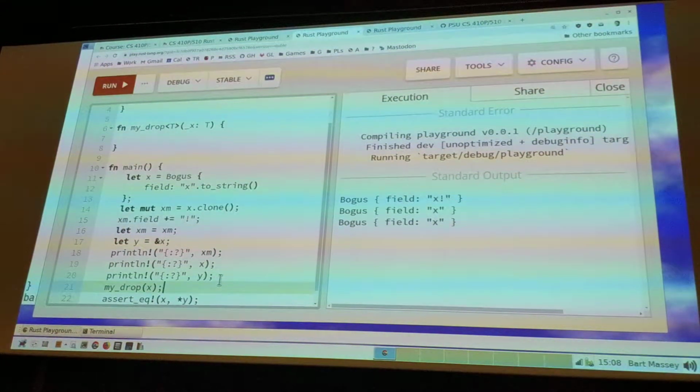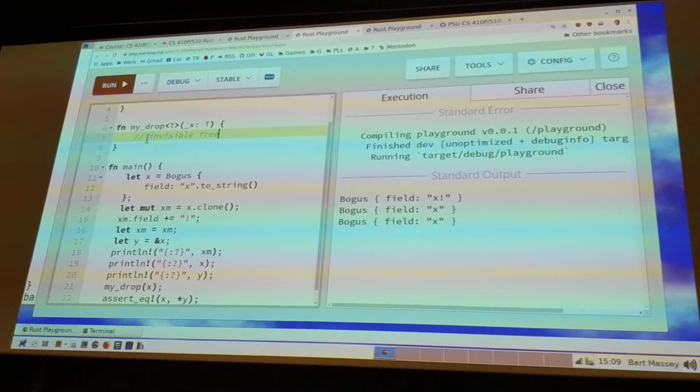And when I call my drop, it's going to move X, the value owned by X, into the parameter of my drop. My drop's like, well, I don't have anything to do with this. So the compiler sticks an invisible free right here, because after all, I'm not using the stuff, I'm supposed to let it go.